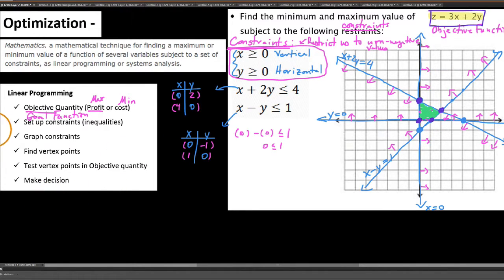So what we're going to do is we're going to make a little note here, okay? And that note is basically if a minimum or a maximum of our objective function occurs, it has to occur at a vertex of the feasible region. So minimum